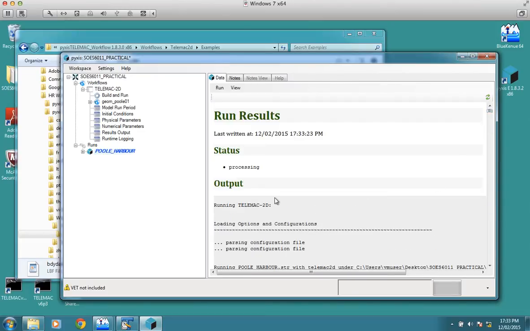When we run other models, if you run very detailed fine resolution meshes, it could take several hours, if not several days sometimes to run. In fact, the very high resolution models could take up to a week to run, but this is a quick one, probably just a couple of minutes. I think we're almost done now. So it's complete now. So what we can do is just save that,